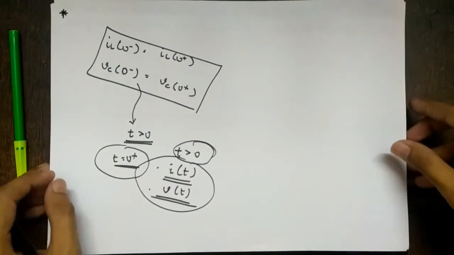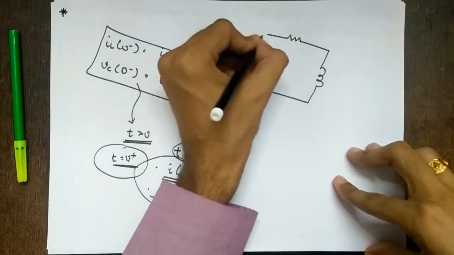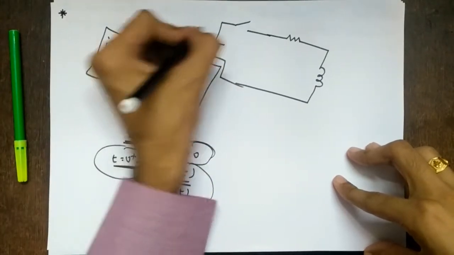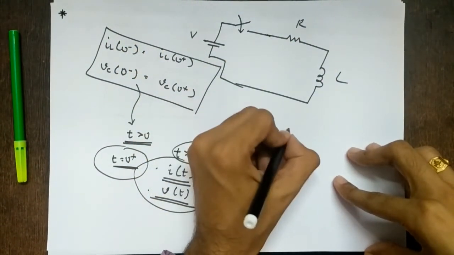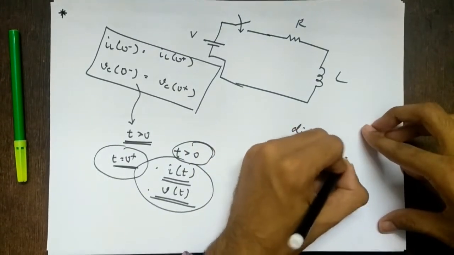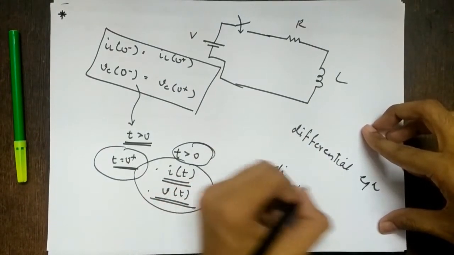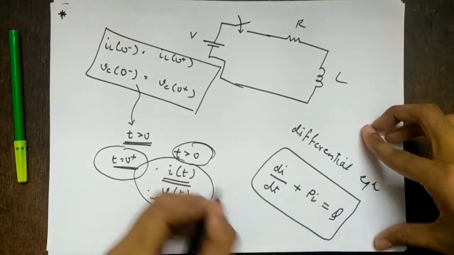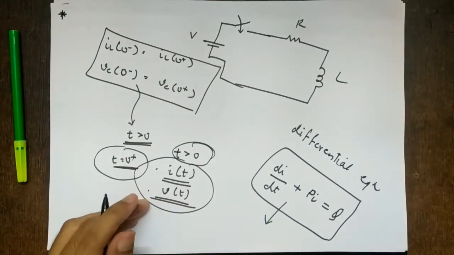Okay, so if you take a simple series RL circuit, again I have a switch here and it is connected like this. So this switch is closed. If you close this, what you will observe is you will get a differential equation for current. So what is the differential equation? You get it in the form like say di by dt plus p I equal to q. Somewhat this form you will get. q might be 0 also. So you should know how to solve these differential equations, right?